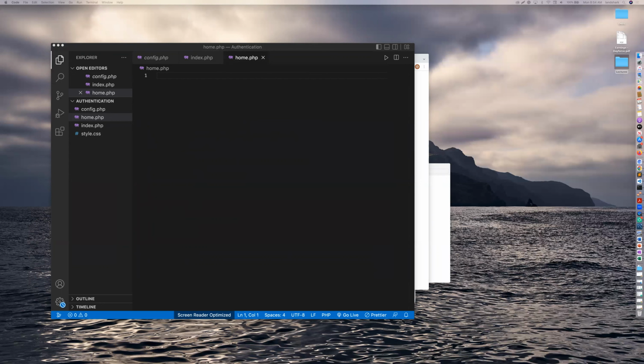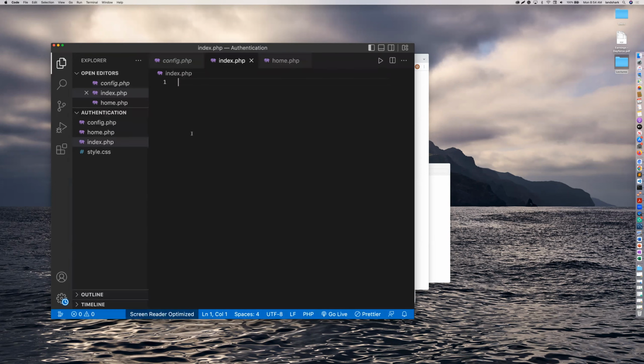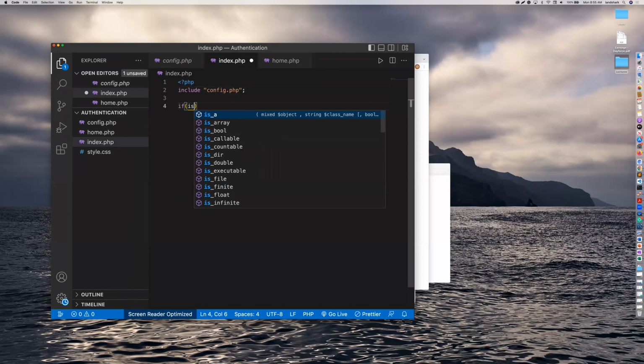All right, so our home and our index. So I think we're going to do our index first, because that's where the meat and potatoes lies with our coding aspect of it. So let's go to index, and we're here. We're going to zoom in a little bit, and we're starting. So PHP, and we need to include our configuration file here. So we need to include what we already did. It's config.php, perfect. And then we're going to say if the